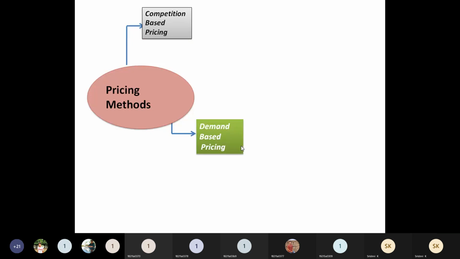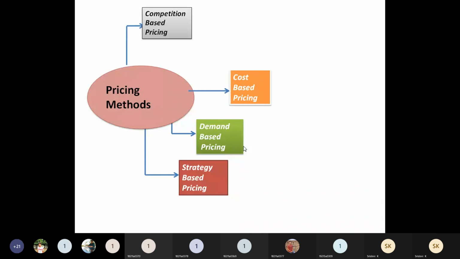And the second way of pricing is based on the demand, where they will be fixing the price. Demand based pricing we will call it. And the third one is strategy based. Strategy means they will be using something new to attract the customers and to compete with the competitors. So they should be special, no? So specially they are going to fix the price to attract the customers, which we can say is strategy based.